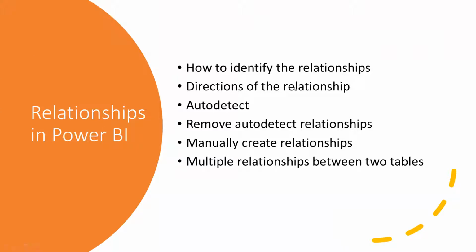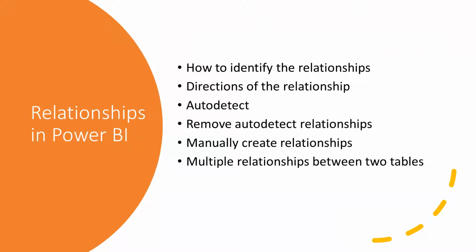When it comes to directions of relationships, it is a very important topic, because in Power BI, when we apply filters to data in one table, they might be reflected in other tables, or they won't be reflected in data from other tables. We would be covering all of that when we deal with live data. So it's a very crucial topic, the directions of relationships.